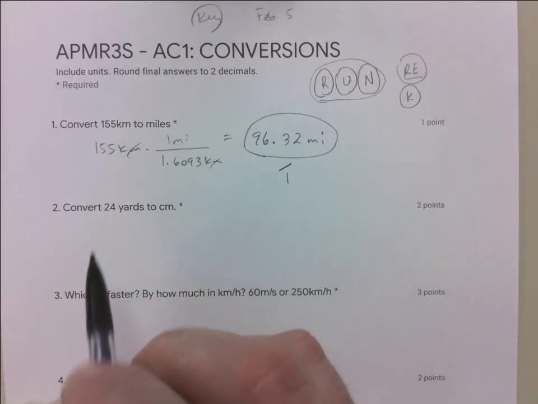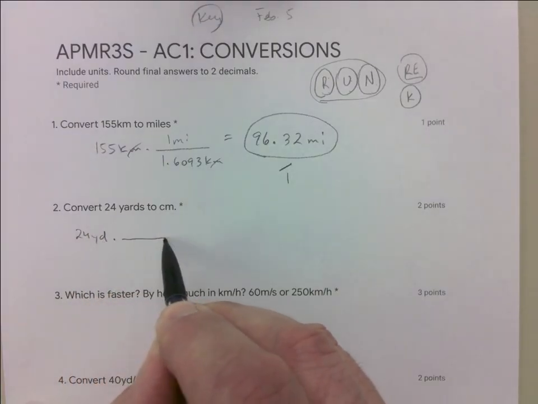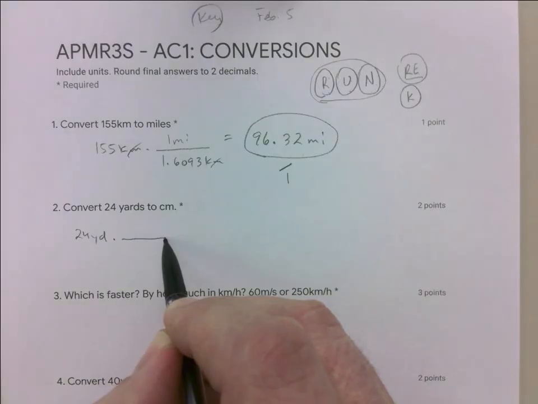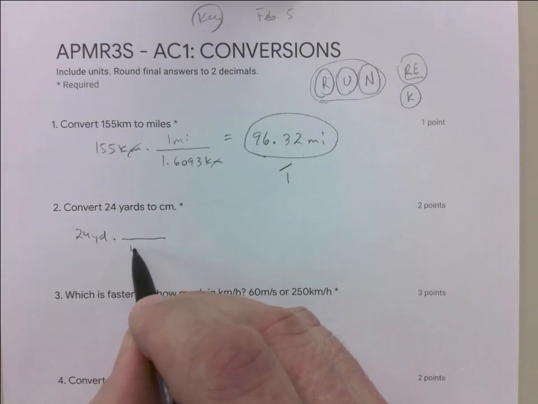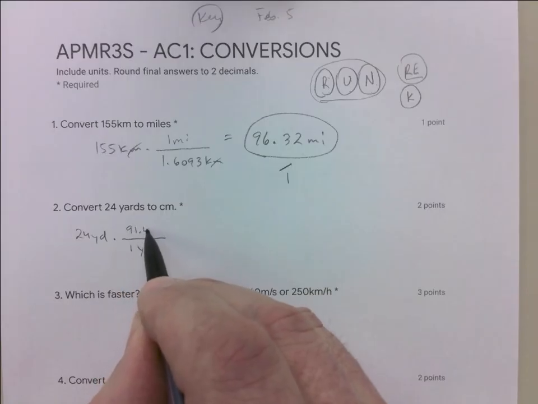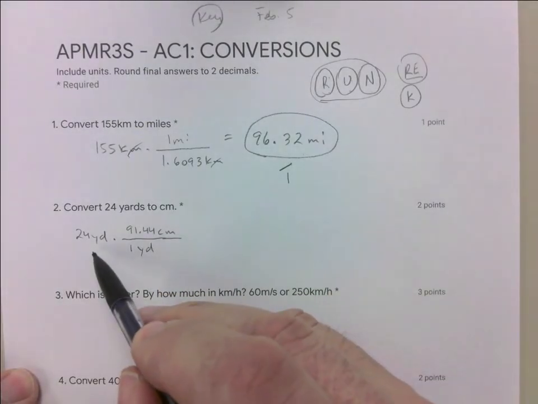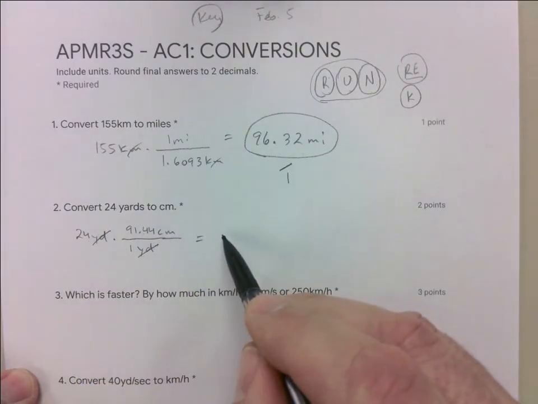24 yards to centimeters. You go 24 yards. Did I give you yards to centimeters? Did I give you that conversion rate? What's that? It was on there? Okay, so my key is a little off. So 1 yard has, what is it, 91.44 centimeters? So I did give you that. Okay, so that actually makes it easier. So you just cancel that, and it's really 24 times that. That gives you